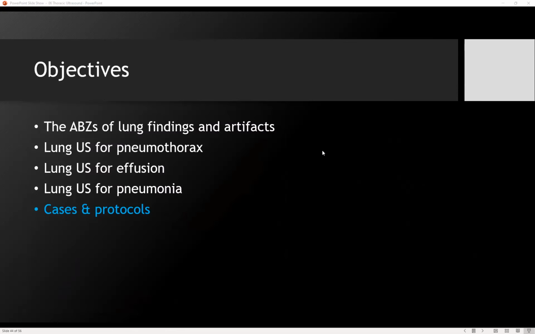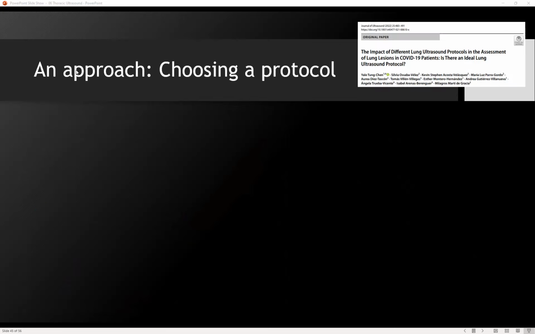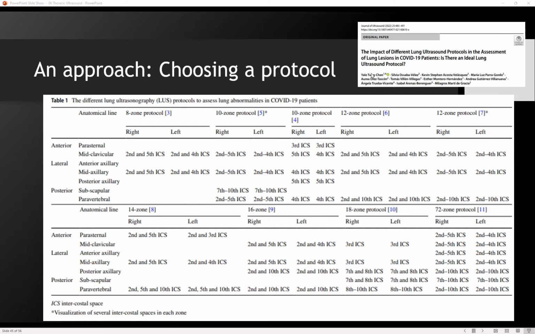So I'm going to finish up with a couple of very brief one-slide cases and protocols. The first, though, is just to note that there are many protocols about using thoracic ultrasonography, which zones you should go to. This is just one paper that compared many different protocols using COVID. And if you really want to do this correctly, you must be doing the 72 zone protocol. I'm just kidding, right? That's nuts. No one's going to be doing a 72 zone protocol. So there are protocols out there. Some are more useful than others, but